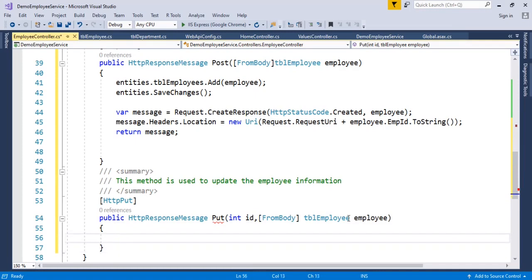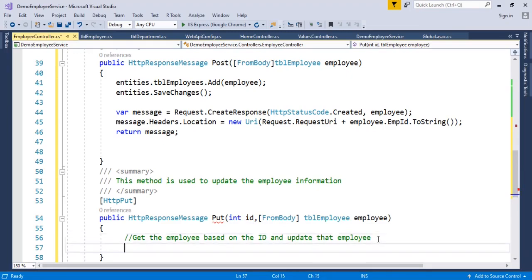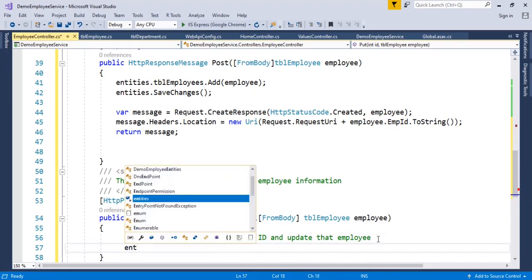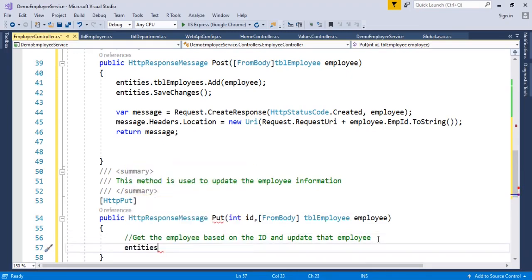So what we'll do is get the employee based on the ID and update that employee. Here he is passing that ID, right? With that ID, get the employee details and update that employee. This information we have in the entities object.